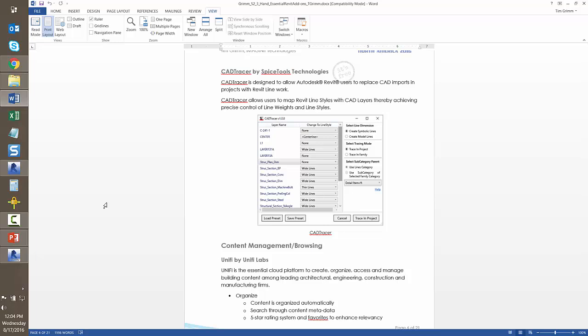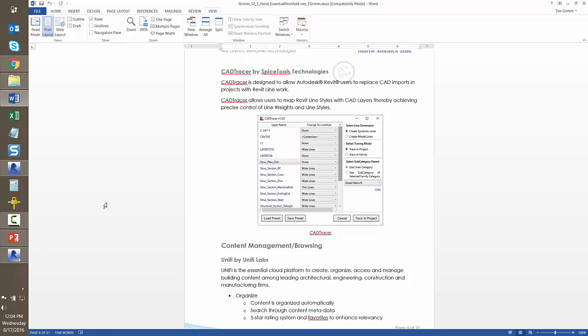And what this is for is converting CAD details to Revit details. Now, hopefully most of you know that there's a wrong way to do that and a right way to do it, right? The wrong way is to import the CAD file into your working Revit project and explode it. Hopefully we all know not to do that, but it seems like invariably that happens on our projects, right? And then the right way to do it is to